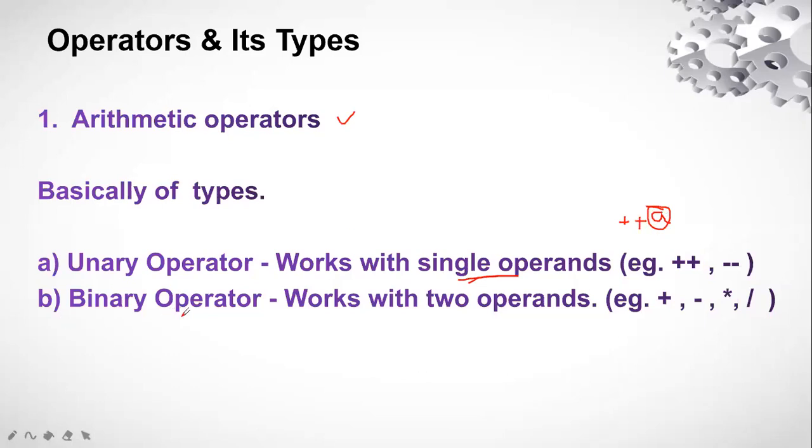Next one is called the binary operator. Now binary operator, as the name defines, binary, that means it works with two operands. That is, the operator is going to work on two operands, not on a single operand. So it is plus, minus, multiply, divide. If you want to add two numbers, plus can be used with two operands only. I'm going to write A + B. So A and B are the two operands, right? Then we also have the ternary operator. Ternary operators are used in the control statements, if then else statements, etc., right?